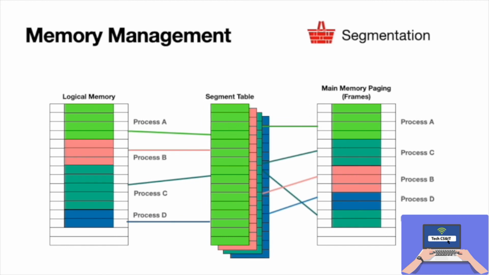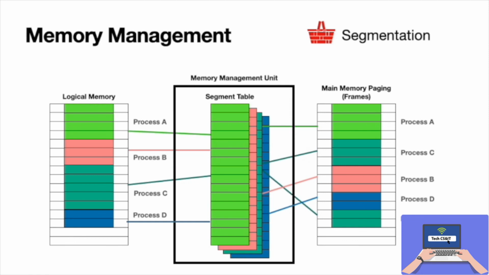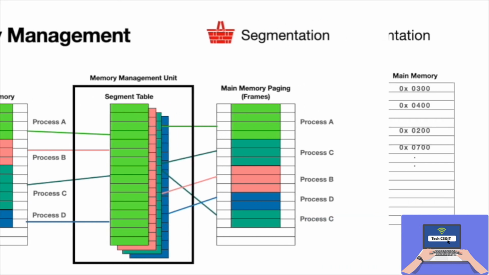So let's talk about segmentation. It's very similar in appearance to paging, in the sense that we divide each process into segments, but it's more like dynamic partitioning, as the segments are not equal in size, as we saw in dynamic partitioning. Also, we can address the memory non-contiguously, as in paging. So you can see we have a segment table this time instead of page tables, but of course all of these are managed by the MMU. Let's take an example.